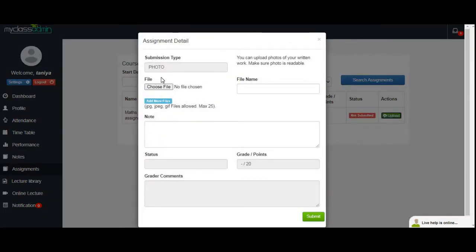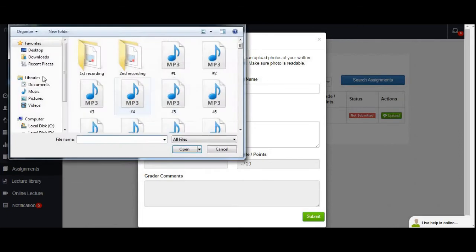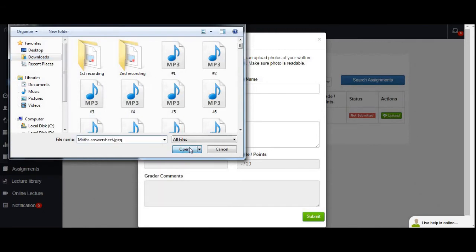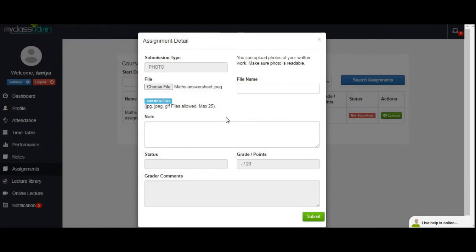So, let's submit the assignment. Click on upload. Here, student submission type is photo. Means student can upload the photo of their written assignment. The file should be in this format, and maximum 25 files are allowed to upload.